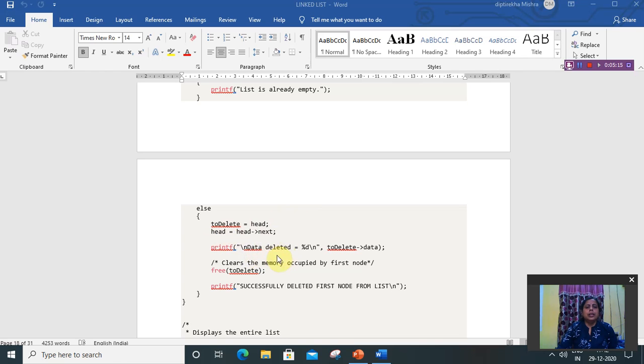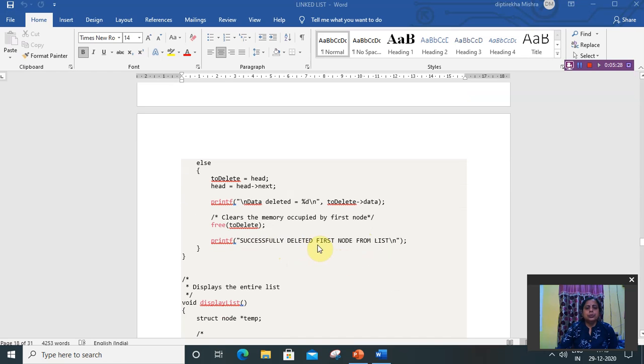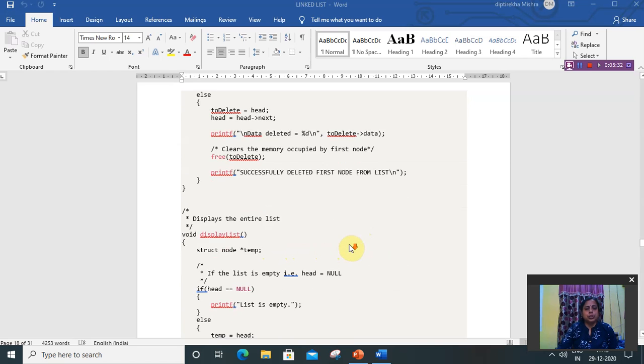Then the deleted data will be displayed. To delete data means the head data, the first head data. It will display the data. Then it will display that the first node was successfully deleted.